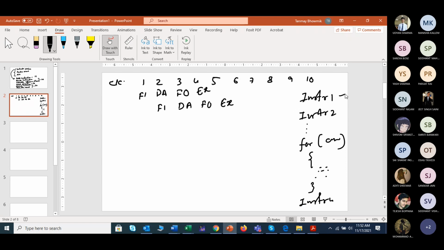So from here you have started, you have executed this instruction, no problem. You have executed this instruction, no problem. Now when this for loop has started, you will start here with fetch instruction, then decode instruction and calculate effective address, fetch operand, execute. If you consider instruction 4, how will it continue? It will start here, true, no problem, fetch instruction.